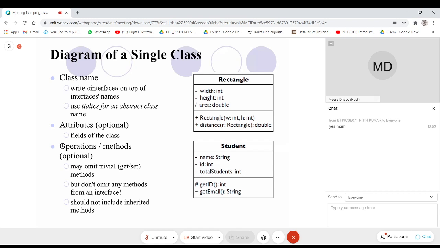And in the last portion of that class diagram, we have to mention all member methods. So here all data members will go. Here member functions will go.